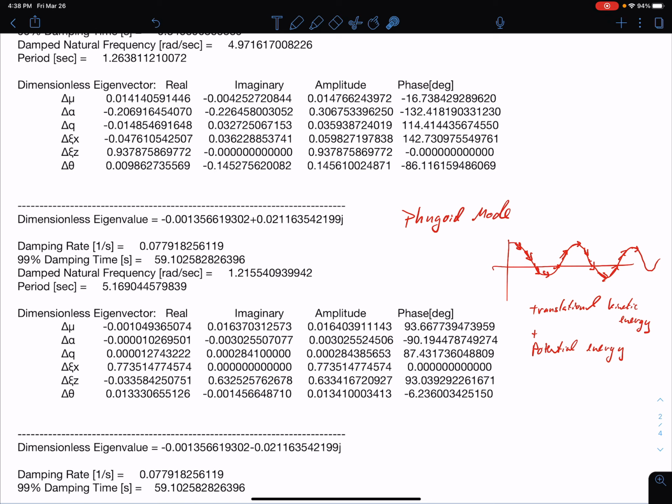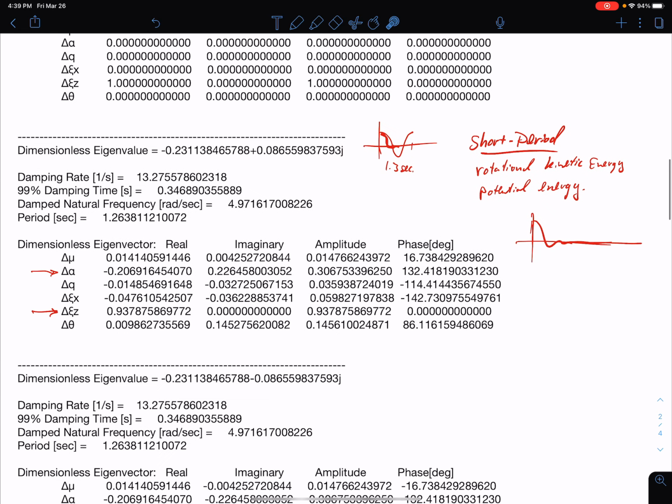But it's a real mode of the aircraft, and certainly for this glider that I designed here, this glider doesn't have a pilot on board. We don't have any control surfaces moving, and so this will be the natural mode that this glider experiences if it gets any disturbance. Any longitudinal disturbance will excite this mode, and it will begin to play out this mode. The dynamics of this mode will happen on this glider because there's no pilot correcting it out. Okay, so this is the phugoid mode, and real quick, we also talked about the short period mode.